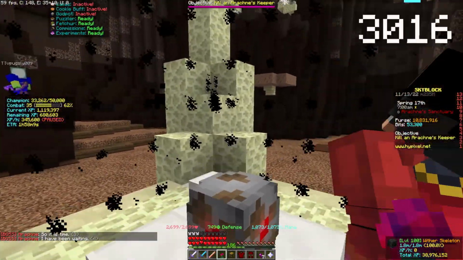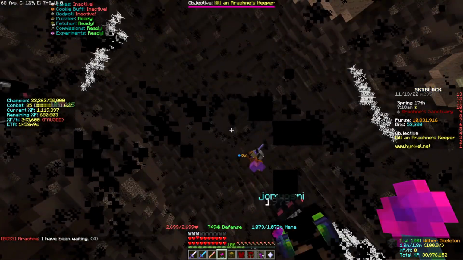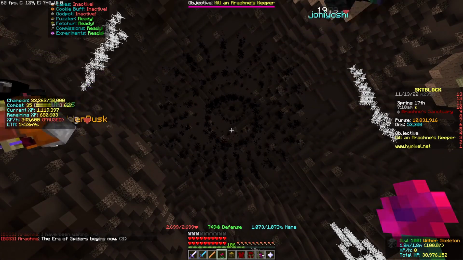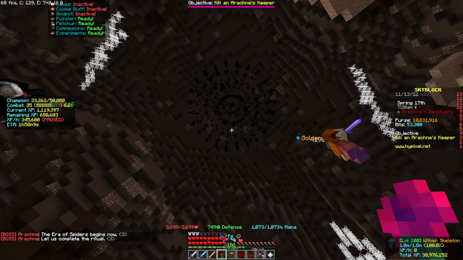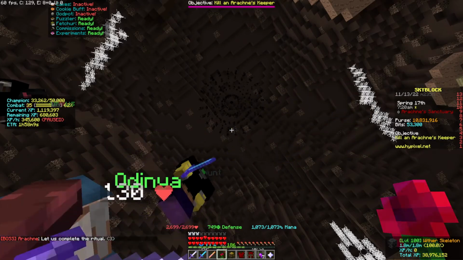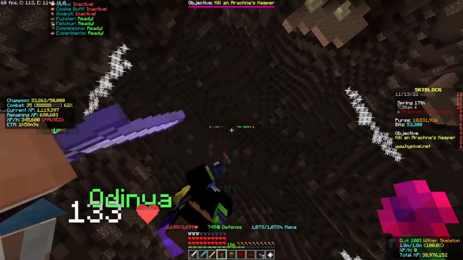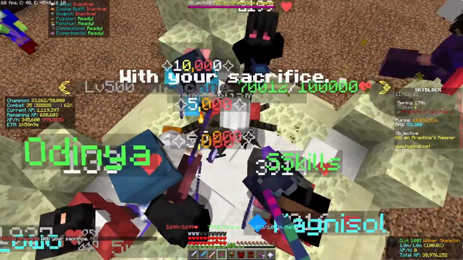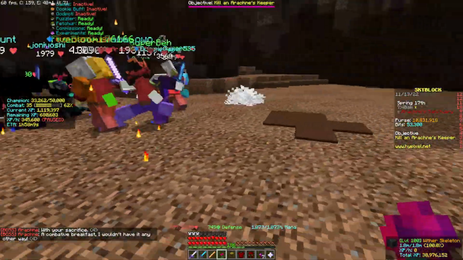Placing an Arachne's crystal on the altar will summon the higher level Arachne instead, and that one you'll see falls down from the ceiling. Both Arachnes give roughly the same drops except for the pets: the lower level one gives an epic tarantula pet, and the higher level one gives the legendary pet instead. The drop rate is about the same for both,